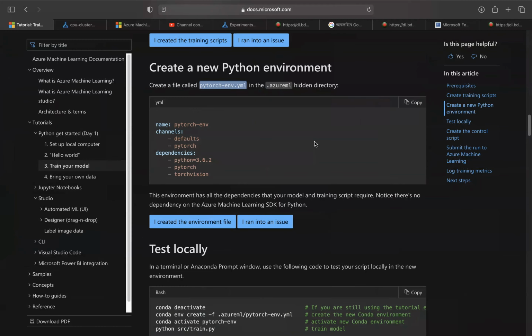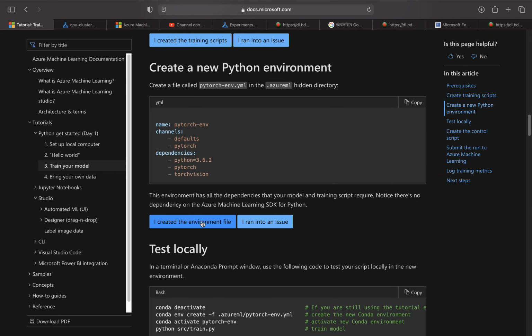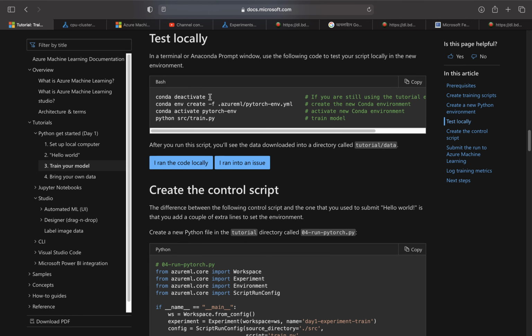Come back over here, and this is like a YAML file. If you have done any Ansible, you're probably familiar with this code, so I'm just going to copy that one. Name: pytorch-env, channels: default and pytorch, and dependencies, they have something in here, so I'm just going to copy and put it in there, and just do Control S. So I'm going to click on I created the environment file, and then test locally,